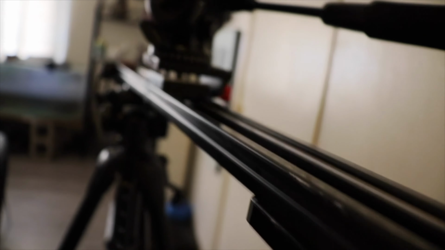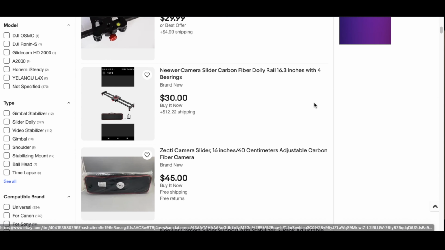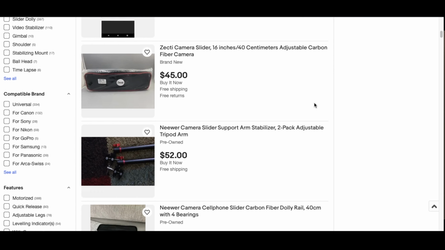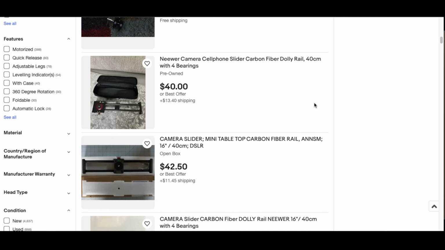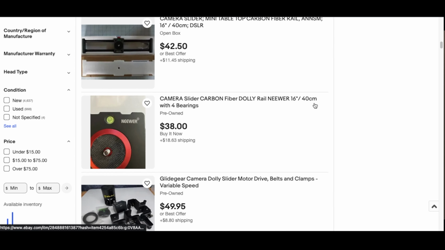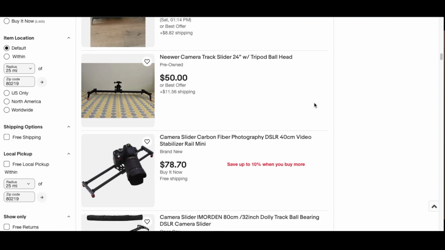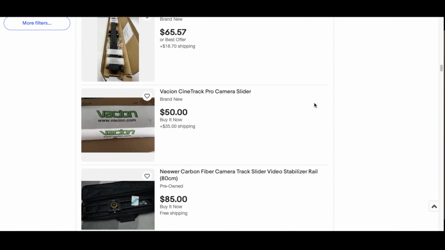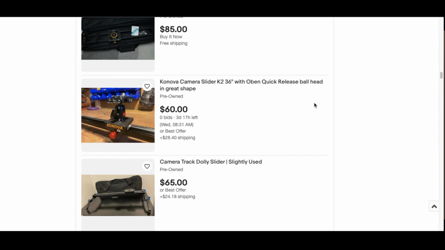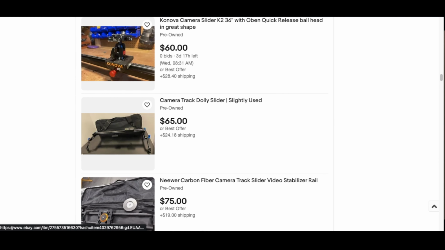I bought it for like $36 off of eBay. And of course, just like anything, somebody's not using it, they're going to sell it. And I always go for the auctions because I'm going to either win or lose. It's just as simple as that. That's what an auction is, you win or lose it. And in this case, I got a $36 slider and I can use that slider for a lot of things. It's a win-win for me. So that's why it's on a budget, and that's how I decided that I'm going to choose several camera movements to